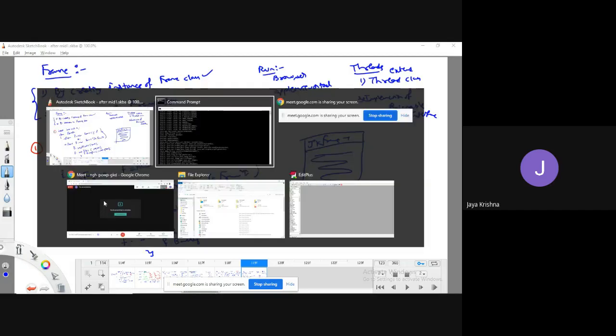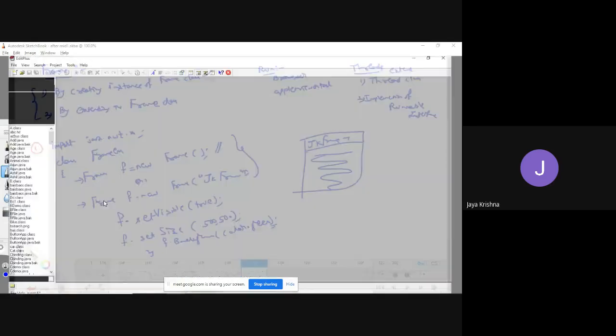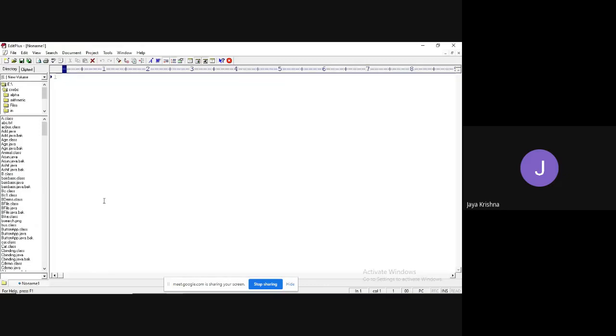I would like to show this with programming so that you will get very much clarity. First, I would like to implement a GUI application. I would like to import the AWT package.